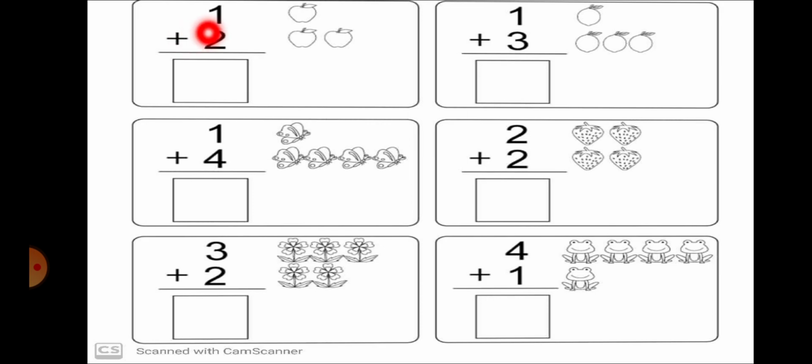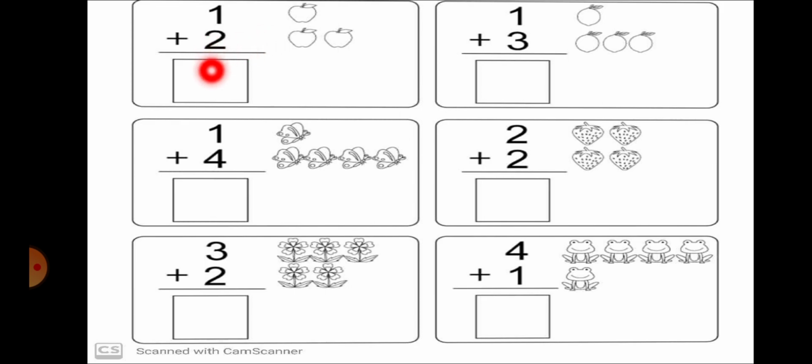Look at this. This is 1 plus 2. So we have the figure of the given number. Have you learned the place value? For 1, you have to draw 1; for 2, you have to draw 2. I know that you are all familiar with this. How will this become helpful to you while adding? We have to count all the numbers together.